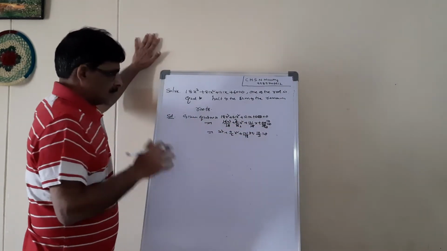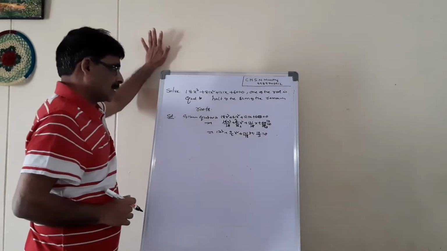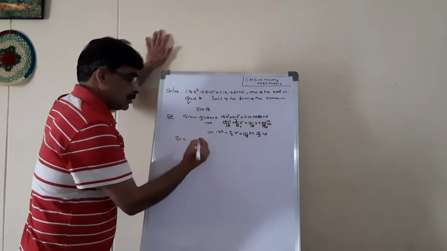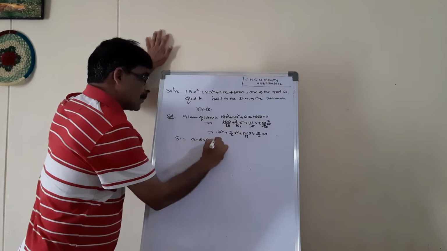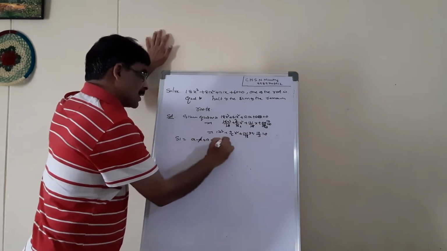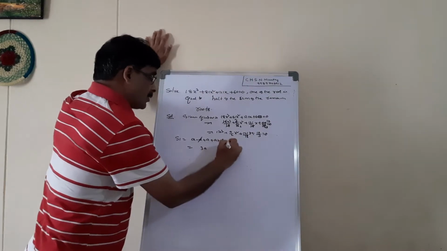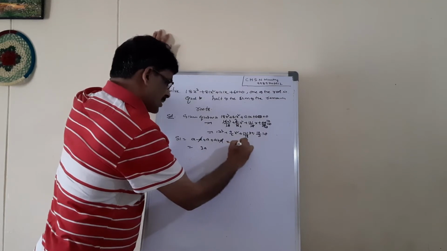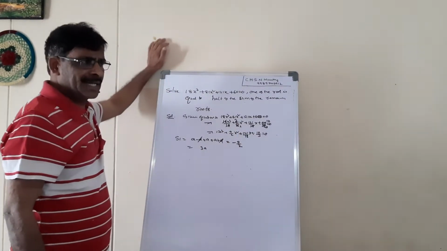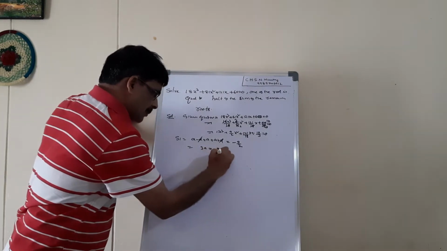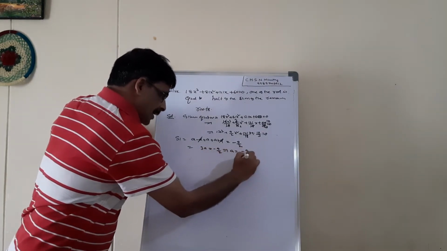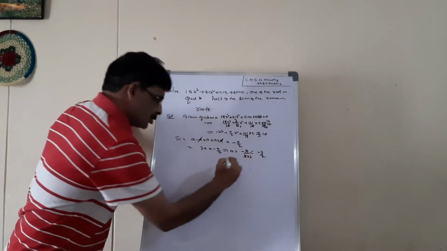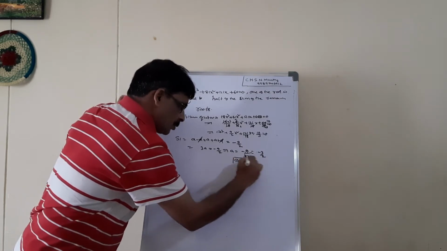Now the coefficient of x cube is equal to 1. Now we have to find the roots. S1 equals a minus d plus a plus d. Minus d plus d cancel, which is equal to 3a. Sum of roots means this one, minus 9 by 2. So 3a equals minus 9 by 2, which implies a equals minus 9 by 3 into 2, it goes 3 times. This is minus 3 by 2. We have a equal to minus 3 by 2.